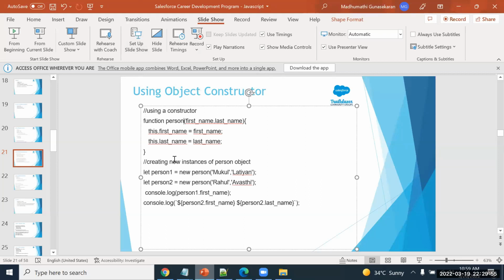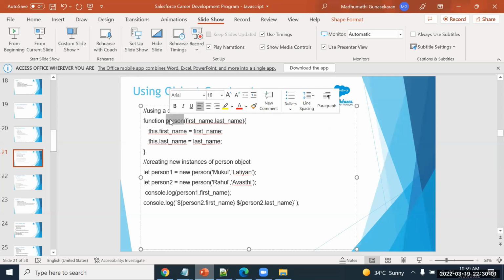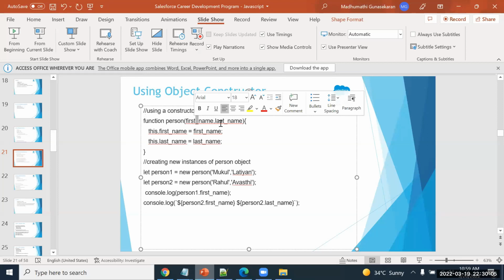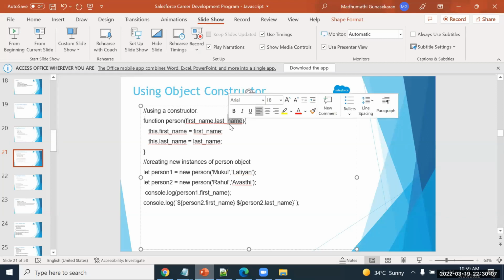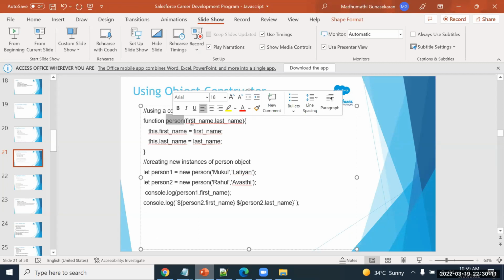So this is the objects variable and this is the argument. When we create a person object, we pass some values, right? So this will have the dynamic or runtime data from the user. The user can create multiple person objects and they will mention the first name and last name. So that will be assigned to the person's